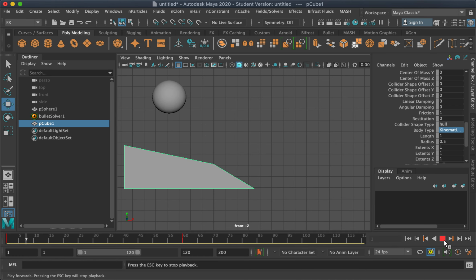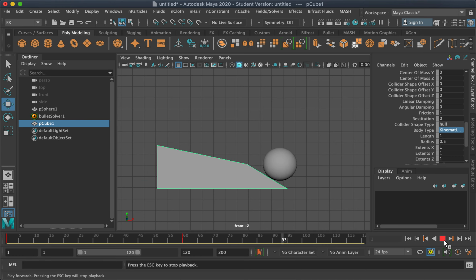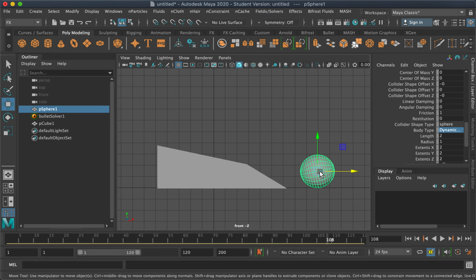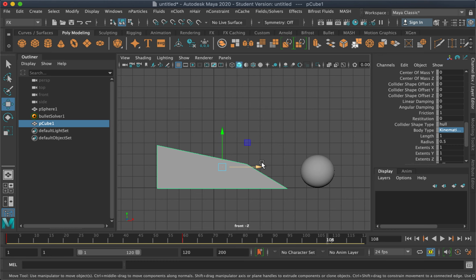The object will still collide with it, and it computes depending on the movement of this ramp, which will affect the movement of the sphere. Okay? So the difference between kinematic rigid bodies and static rigid bodies is you can set key or animate kinematic, while static you can't.